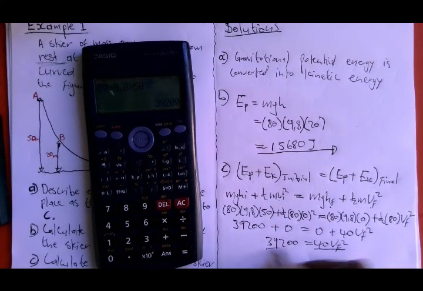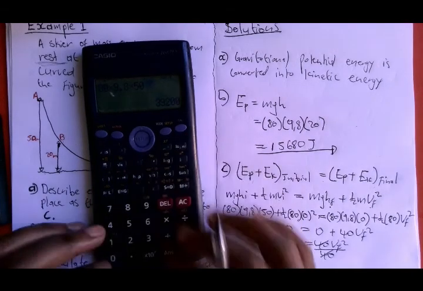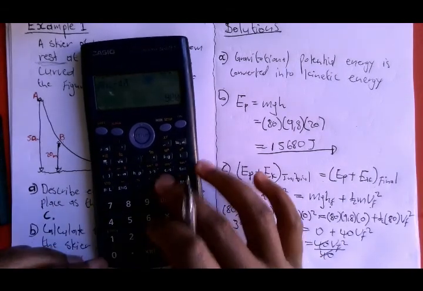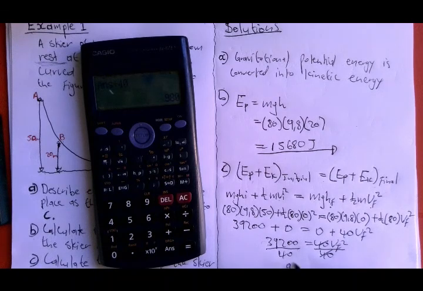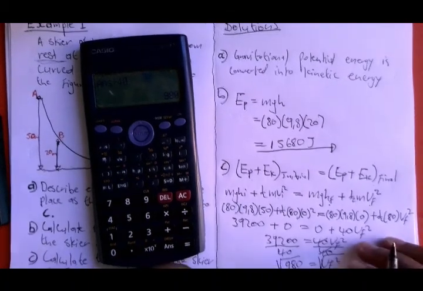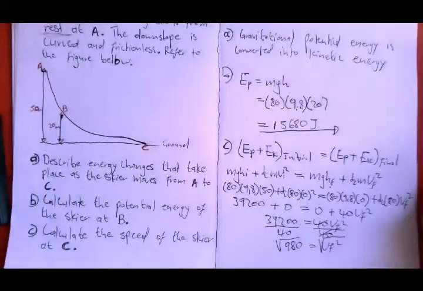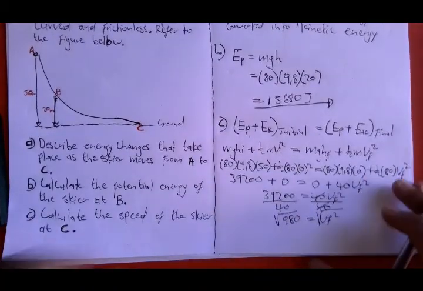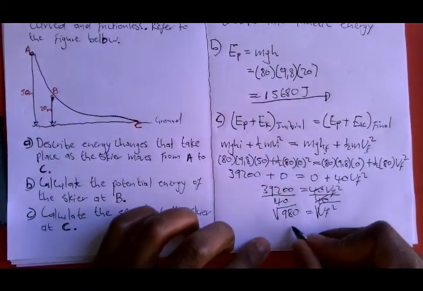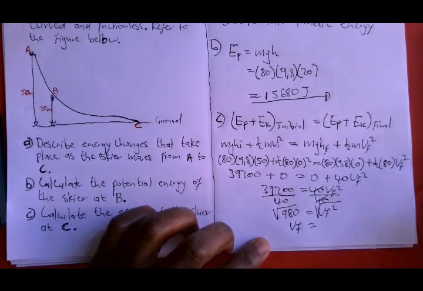So 39,200 equals 40 vf squared. We divide both sides by 40, and we have 980 equals vf squared. So we introduce the square root on both sides, and now vf is going to be equal to